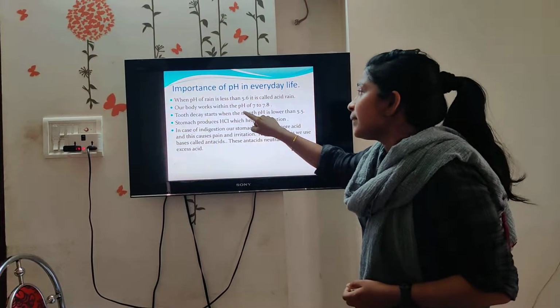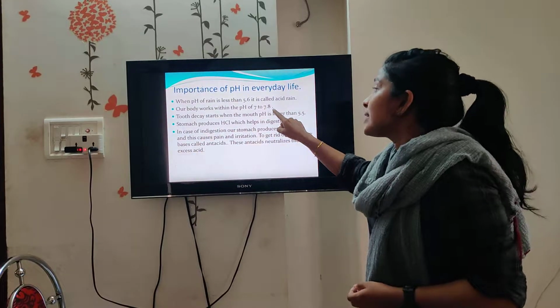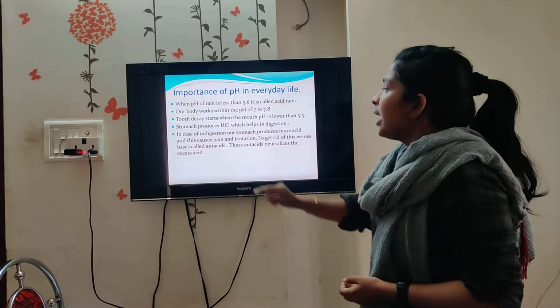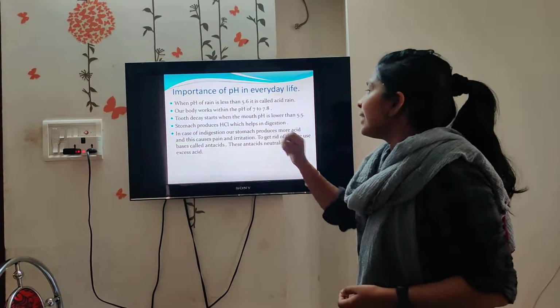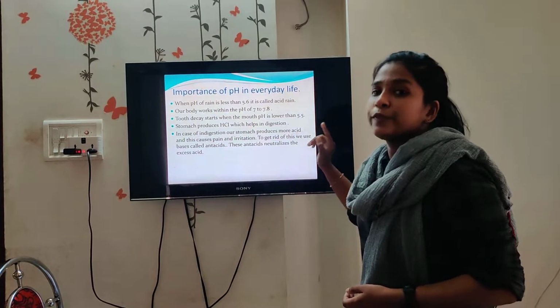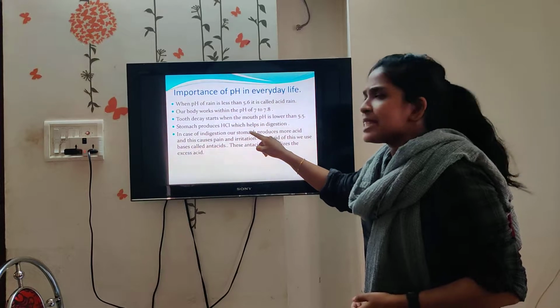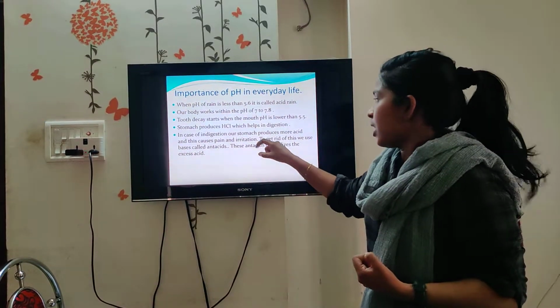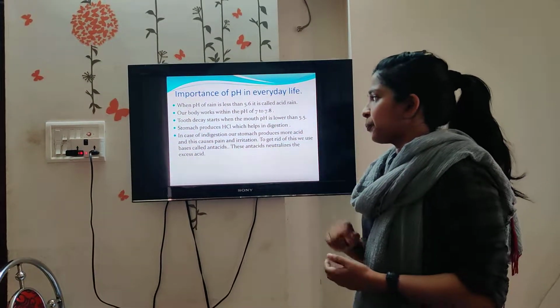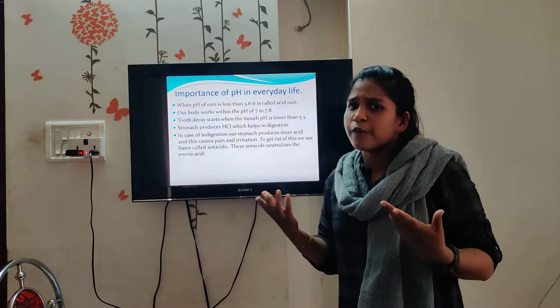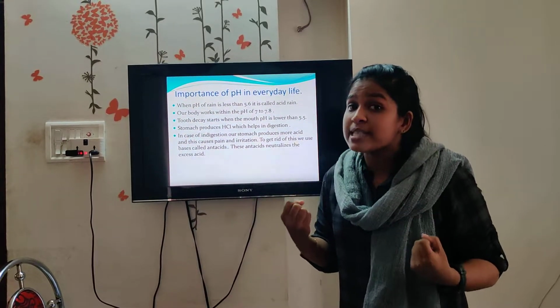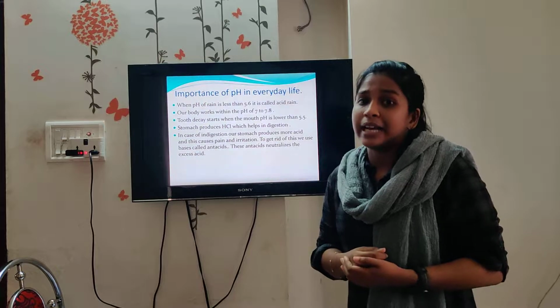Our body works within the pH of 7 to 7.8. Tooth decay starts when mouth pH is lower than 5.5. The stomach produces HCl. HCl is called digestive juice, which helps in digestion. What happens if production of HCl increases? It causes acidity. To get rid of that, we intake